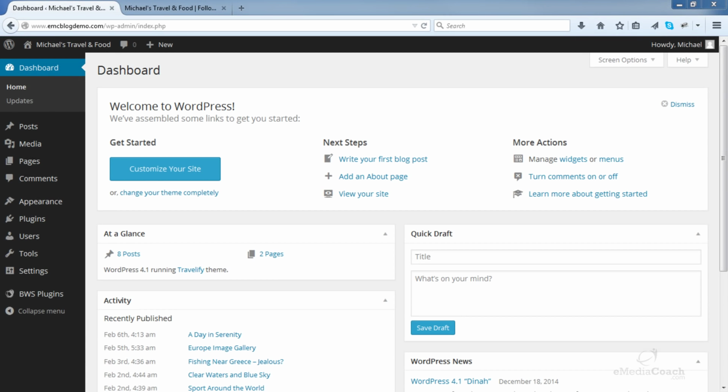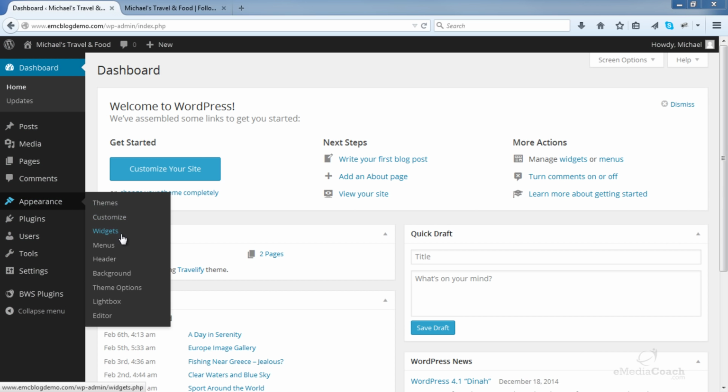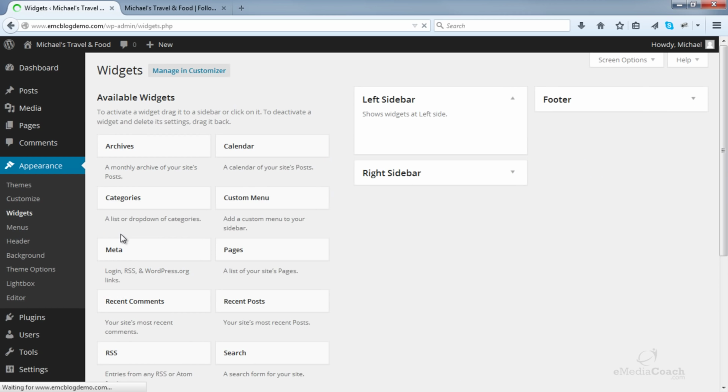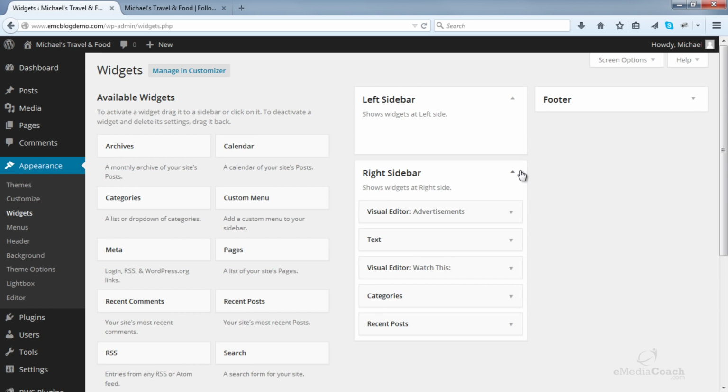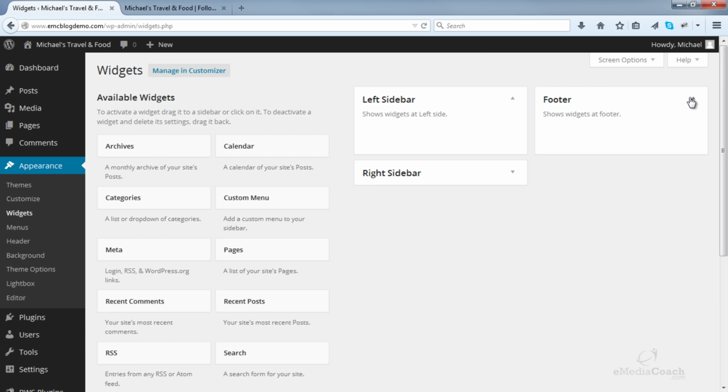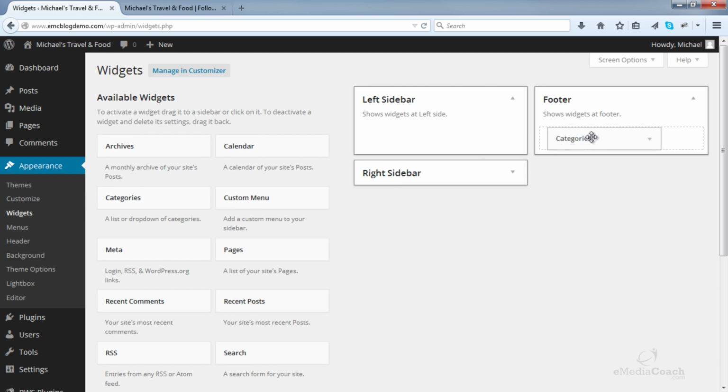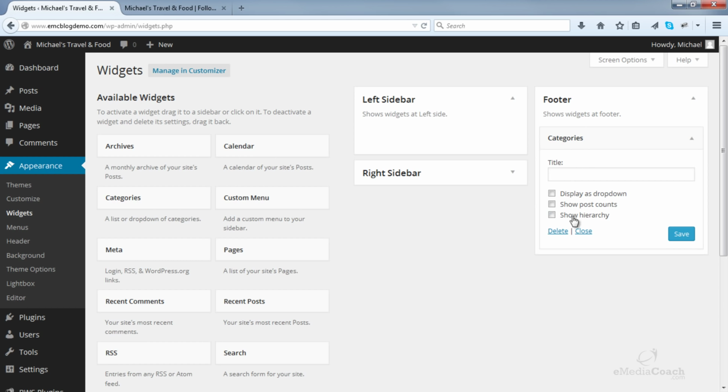Now I'll show you how you can add things to your blog's footer. To do that, you can go under Appearance and Widgets. You'll see, similar to how you added items in your right sidebar, you can also add items to the footer. So to give you a couple of examples, you can add perhaps your categories of your blog. You've got a few options here.